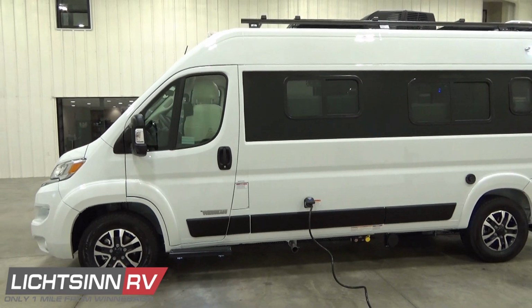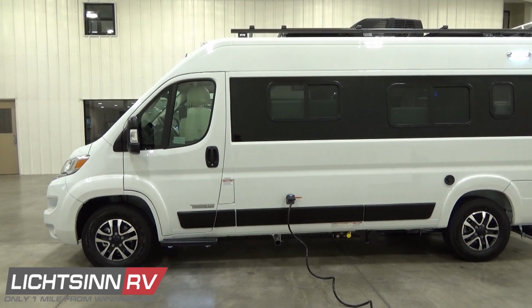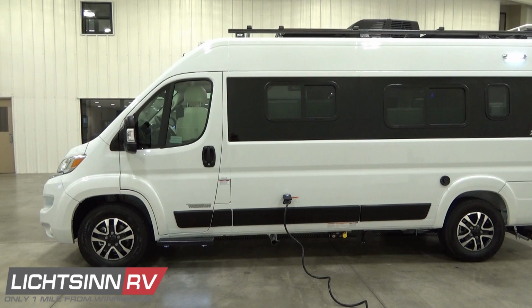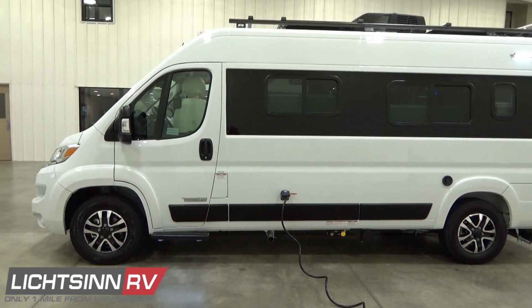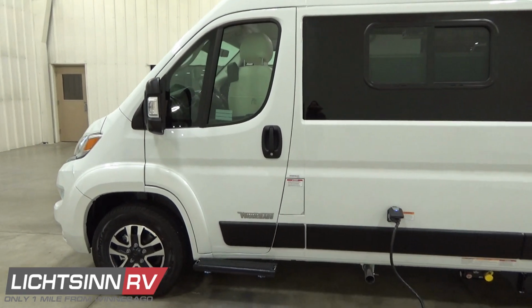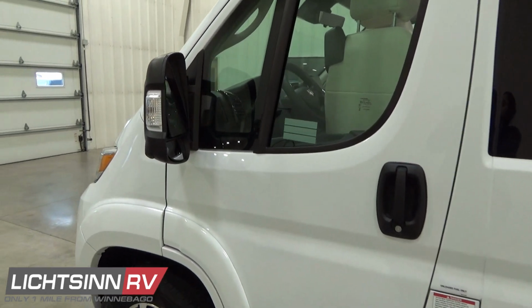You'll see powered folding mirrors along with integrated turn signal indicators. You can see the blackout appearance around the side windows. And again, this is the deluxe feature paint package, so it features all of the wheel wells, the front and rear bumpers painted to match, whether that be the granite, the ceramic gray, bright white in this situation, or deep